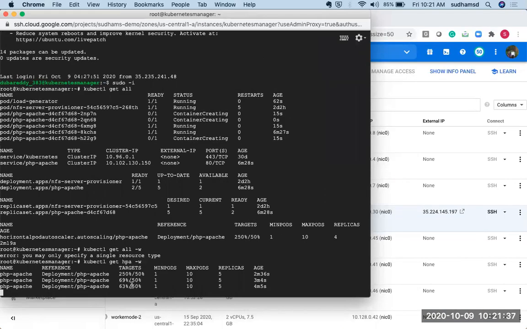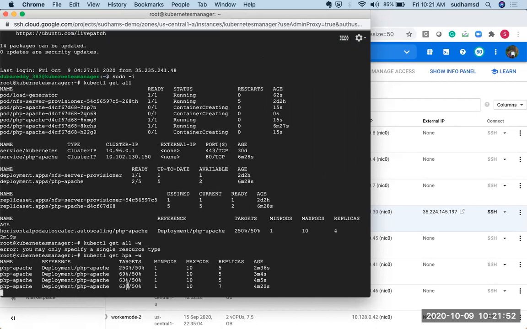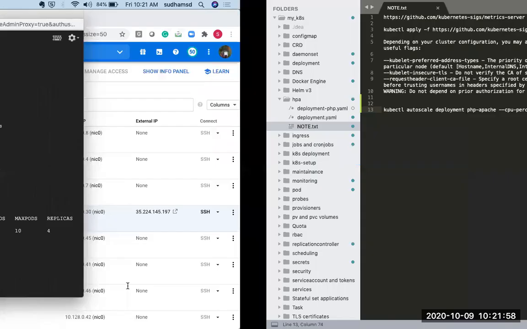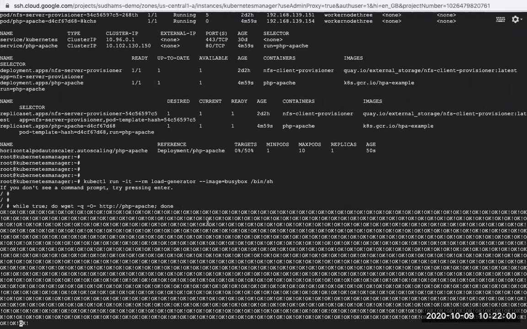You can see now the CPU utilization is 63%. Since you have 5 replicas in the background, that's the reason the CPU utilization is 63%, and now you can see it is increased to 7. Maybe in the background the CPU utilization got increased.